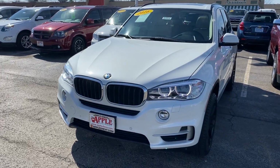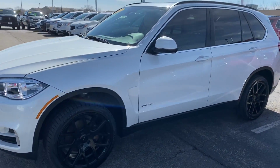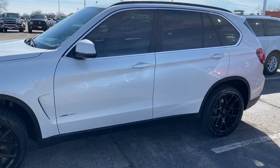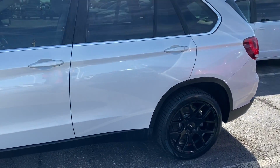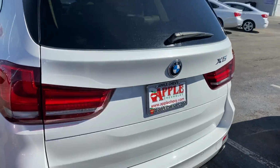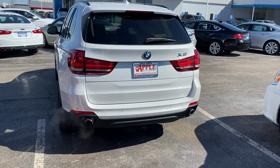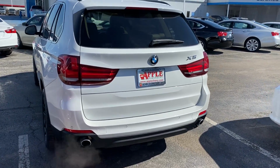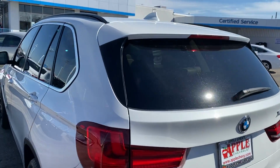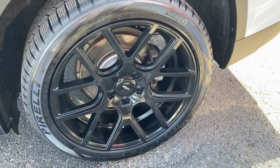Today I'm standing in front of my pre-owned vehicle pick of the week, the 2016 BMW X5. This all-wheel drive vehicle has 57,363 miles on it and has never been reported in any accidents. It comes with a 3-liter dual overhead twin power turbo engine, tinted windows all around your vehicle, and 19-inch alloy